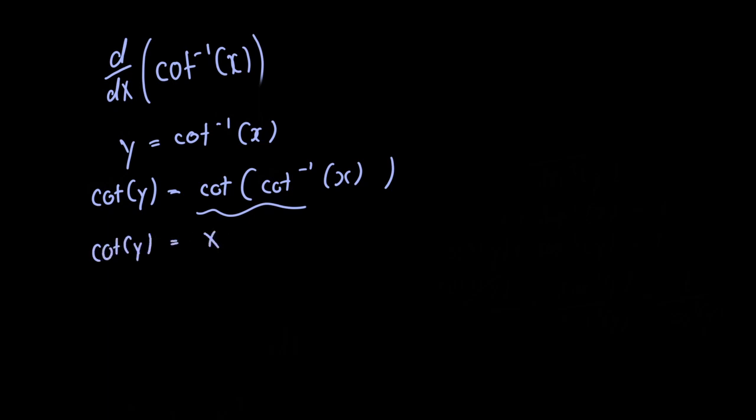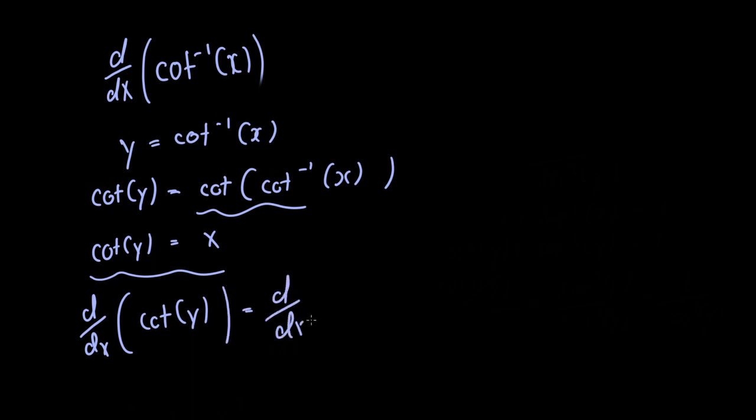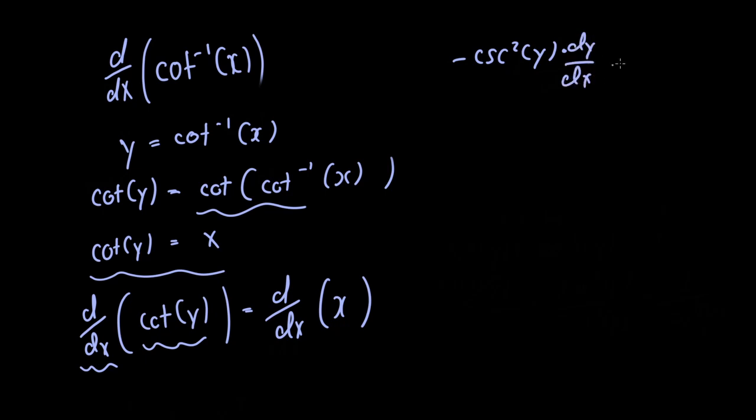equals x. Now, at this point we're going to want to differentiate both sides of this equation with respect to x. Let's just go ahead and do that up here. So notice here we have a function in terms of y and we're differentiating with respect to x. So we're going to have to differentiate cotangent of y implicitly. So we're going to have minus cosecant squared of y multiplied by dy over dx. This is going to be equal to the derivative of x with respect to x, which is just